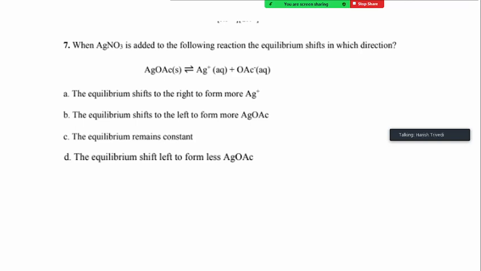Question number 7. It depends on common ion effect. When AgNO3 is added to the following reaction, the equilibrium shifts in which direction? Common ion effect as well as Le Chatelier principle. You have to use two concepts here: common ion effect and Le Chatelier principle. So when AgOAc will dissociate into Ag plus and OAc minus, similarly when AgNO3